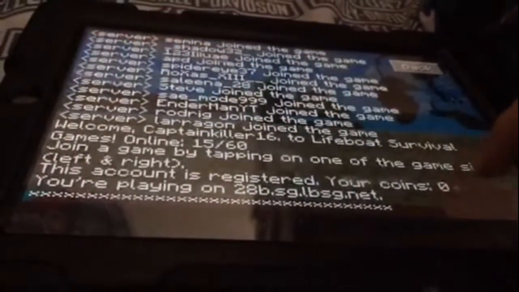Okay, so basically, now what you want to do is type in dash register. Then once you've typed in register, hit OK. And then you have to type in your email, but I won't show you guys that.